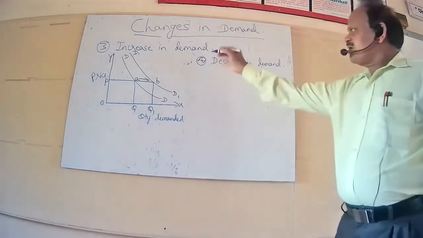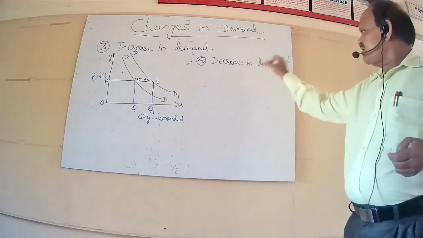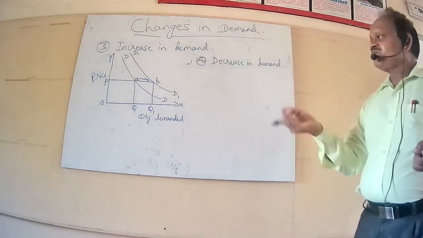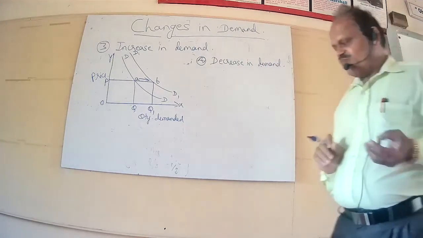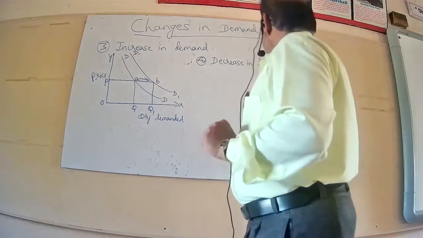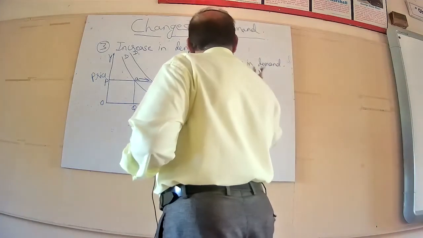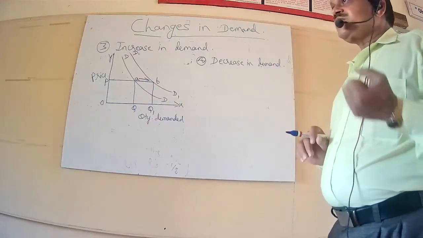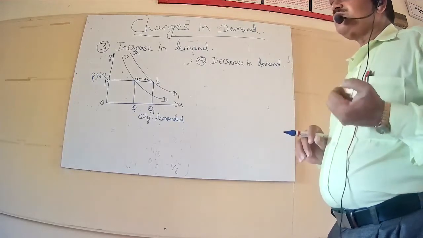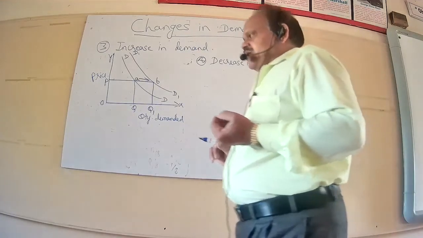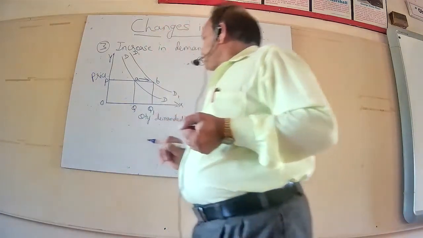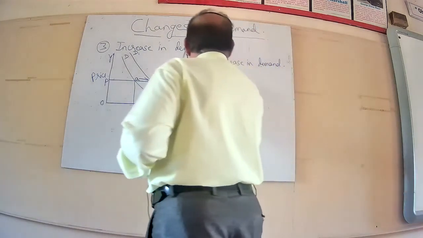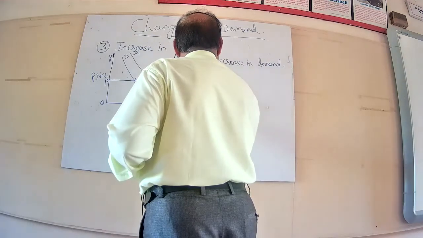In the same way, we can analyze the decrease in demand. Decrease in demand means if less quantity is demanded at the same price due to the changes in the factors other than price. Here, price remained the same, but due to the changes in the factors other than price, like changes in the level of income, taste, preferences, habits, climatic conditions, seasonal changes, then future expectations. So factors other than price can influence the level of demand. In this case, there will be a leftward shift in the demand curve.